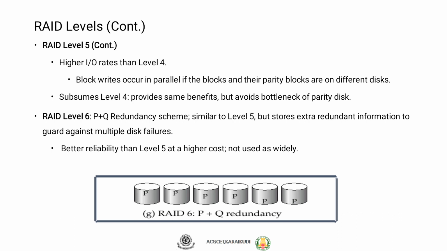It is a P plus Q redundancy scheme, or it is called striping with double parity. RAID 6 is an array similar to RAID 5 with the addition of its double parity feature. For this reason, it is also referred to as double parity RAID. This setup requires a minimum of 4 drives. The setup resembles RAID 5 but includes 2 additional parity blocks distributed across the disks. Therefore, it uses block level striping to distribute the data across the array and stores 2 parity blocks for each